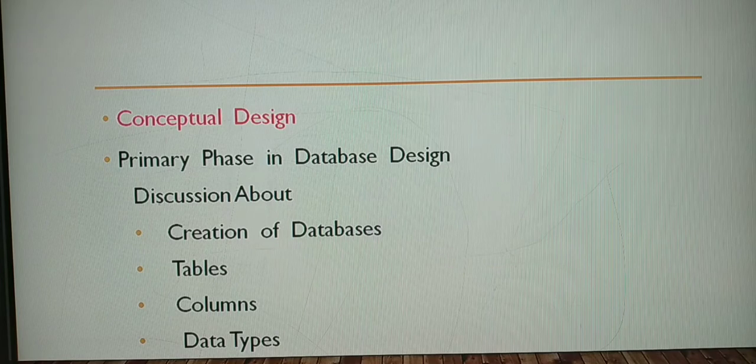This database design is done as a team, and under the team many participants will be there. Each small task will be given to each team member, so together the team members' work will give the database design for you. In the primary stage, they are going to discuss what databases you need, what tables you are going to have, how many columns the tables will have, and what the data type of each column should be. Everything will be discussed in the primary stage, that is, your beginning stage itself.